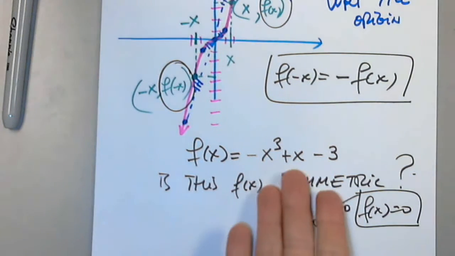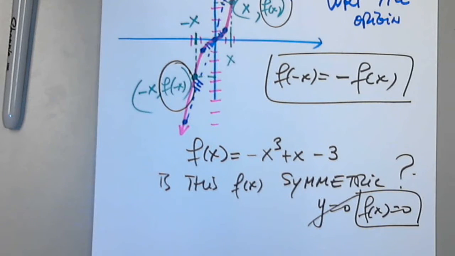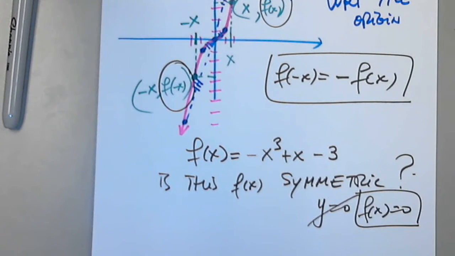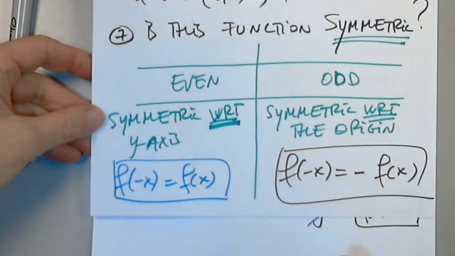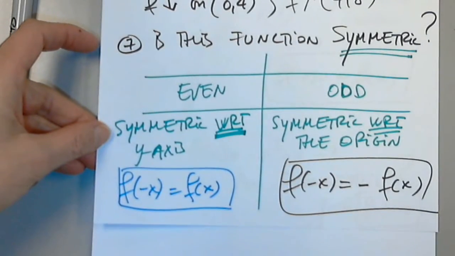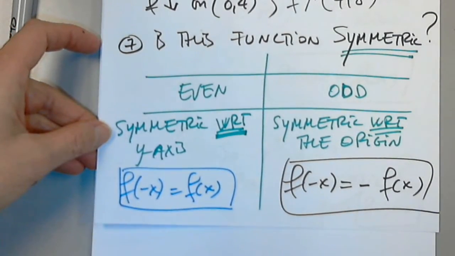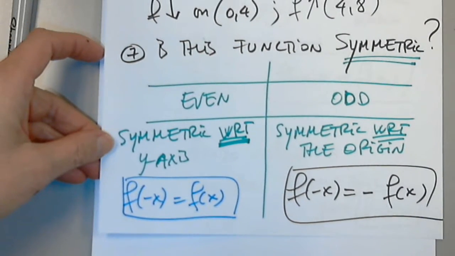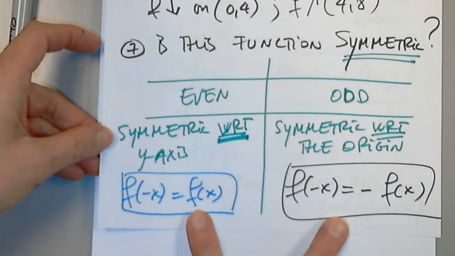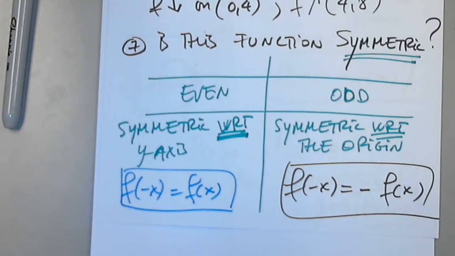So if I discover that this is odd, I don't have to check whether it's even. If I discover that it's even, I don't have to check whether it's odd. And if none of the above, then it's not symmetric. So what do I have to determine? What do I have to determine if I want to see whether the function is even or odd? Plug in values. No. Specifically, which value? Look at these two relationships and you'll say, I know you have to calculate